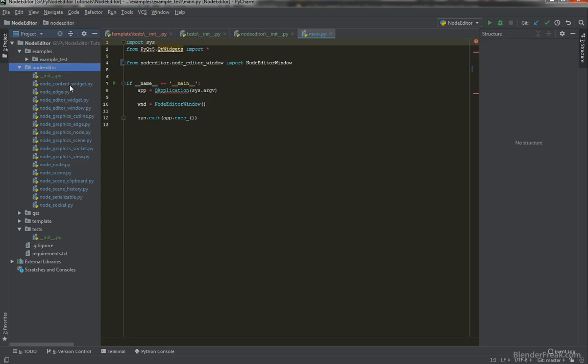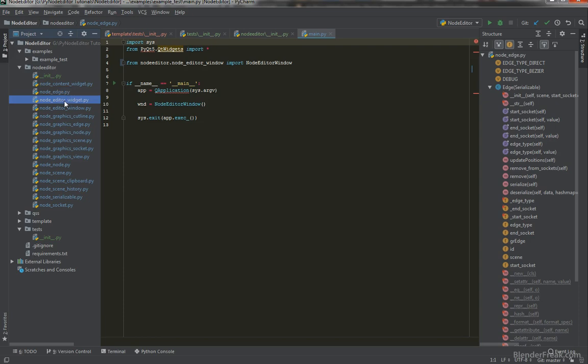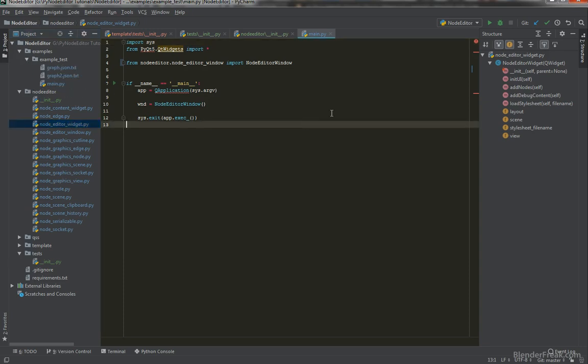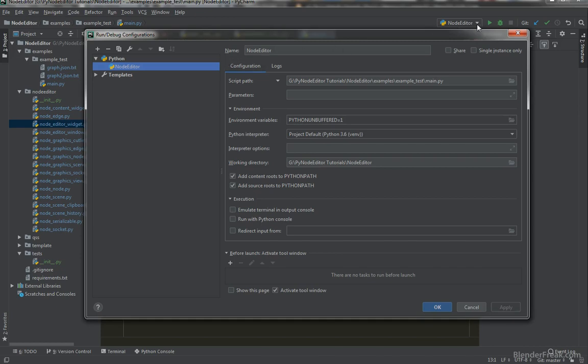I will keep node content widget, edge, node editor widget, node editor window, and everything else is going to be up here. So let's test what we have here. Now we are running the example from node editor examples example test main.py, which is correct,